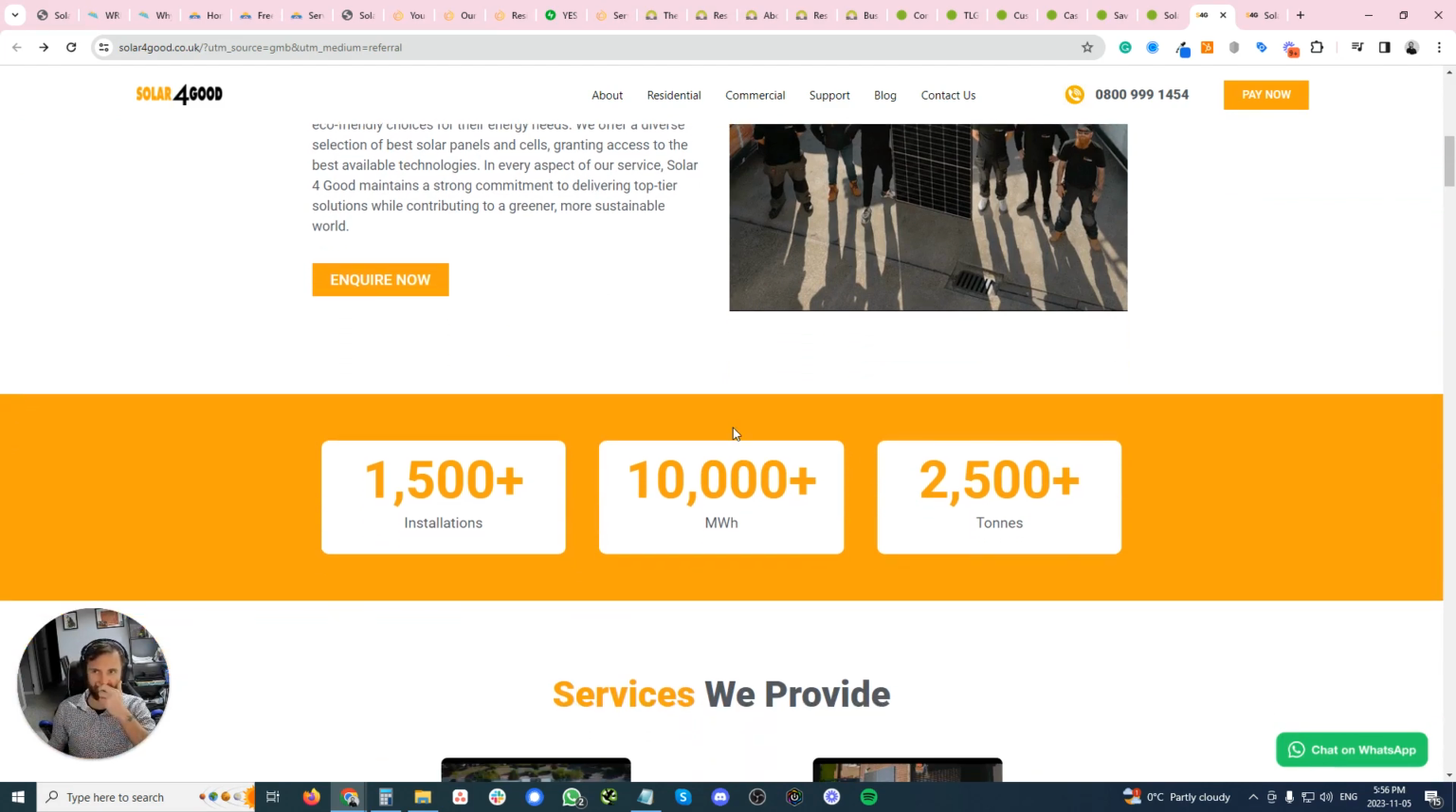So 15, there should be a heading here. Like, why choose Solar for Good? Why choose us, right? Because we've done more than 1,500 installations. We've installed more than 10,000 megawatt hours. We've removed 2,500 tons. I get what you're saying. I get that you're removing carbon from the atmosphere, but